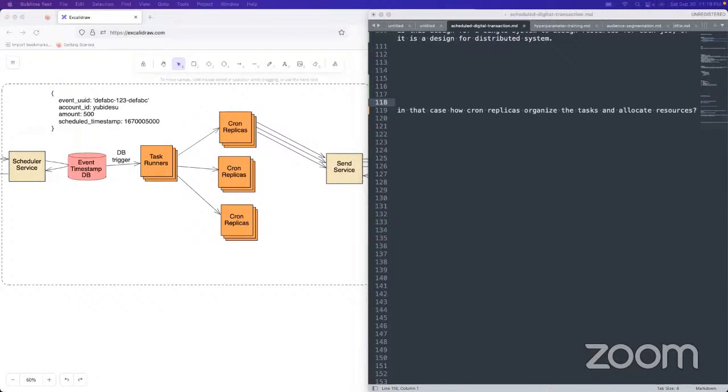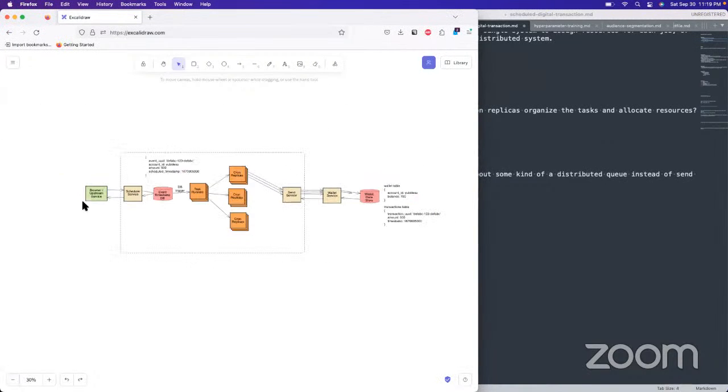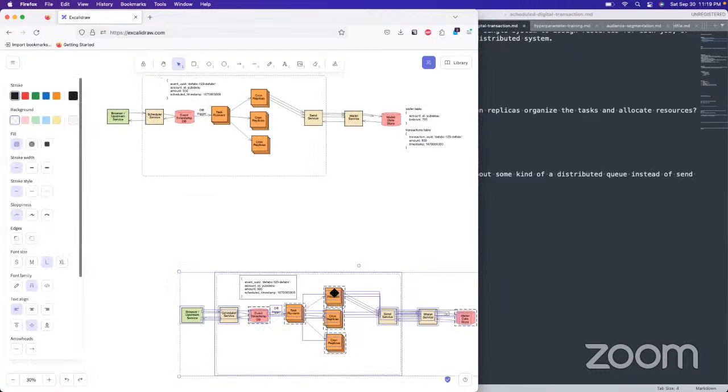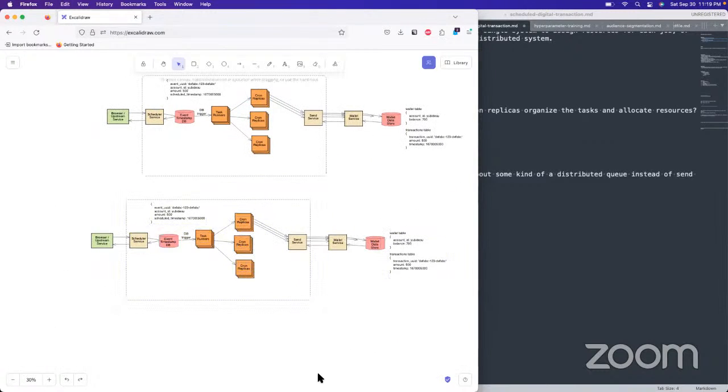Were you thinking about some kind of distributed queue instead of the send service? Yes, I was. I had the dedupe service up there for like a minute. Let me go ahead and start sketching this out a little bit. So my original coverage of